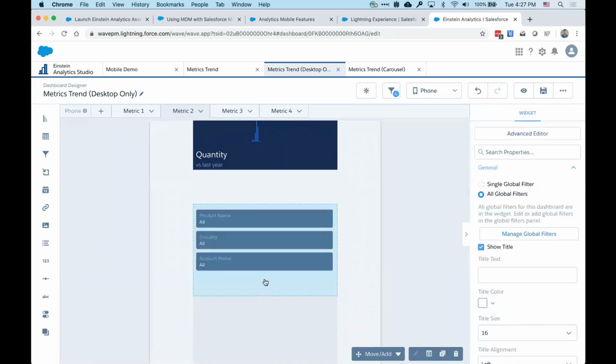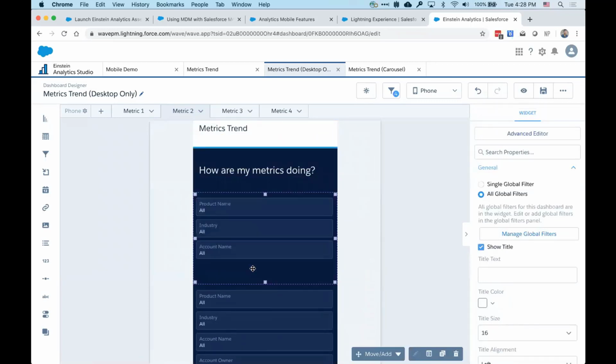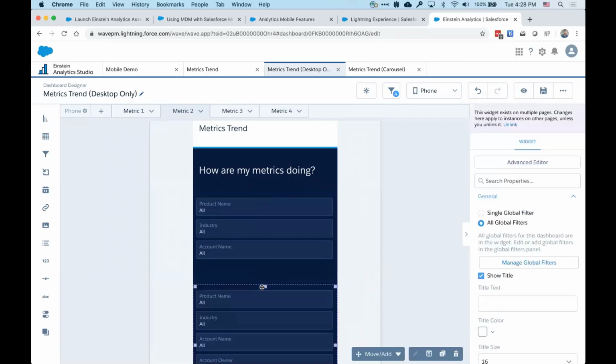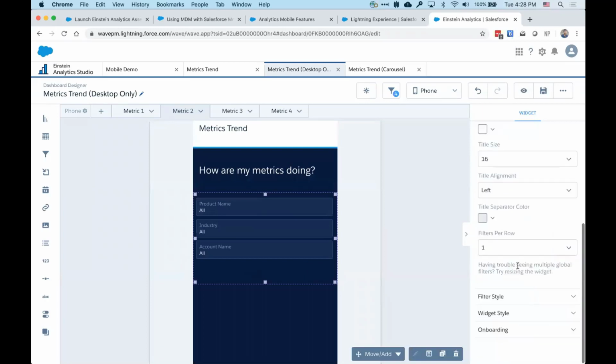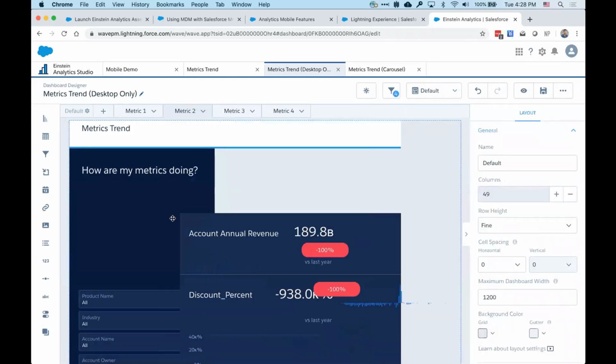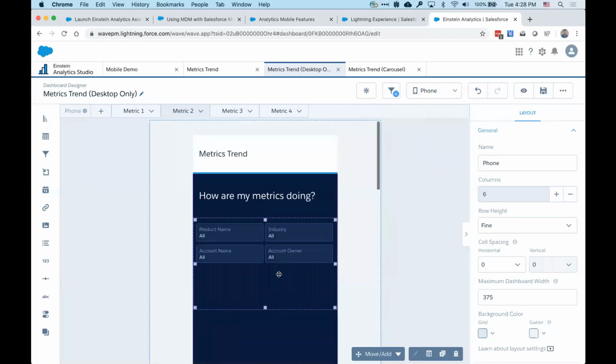Yep. And then the other one would be, if you change that guy to 2 per row, that should achieve the same result. So then we check back on desktop, boom. And then the other way that you could do it is go back to the phone layout and select your widget, and in the